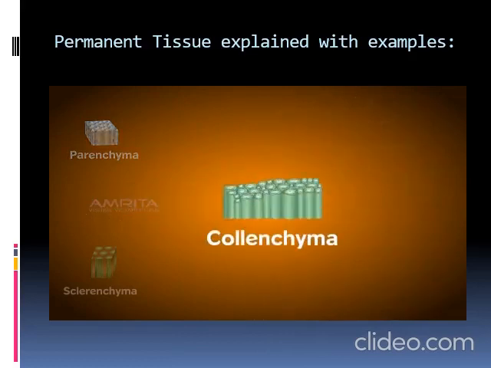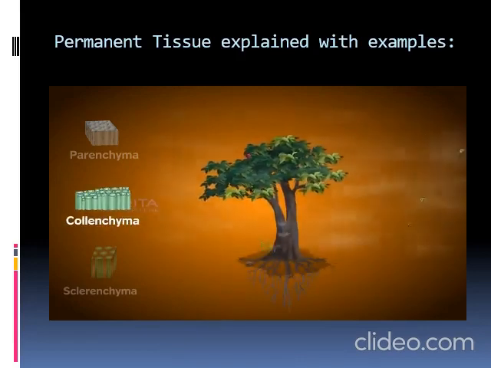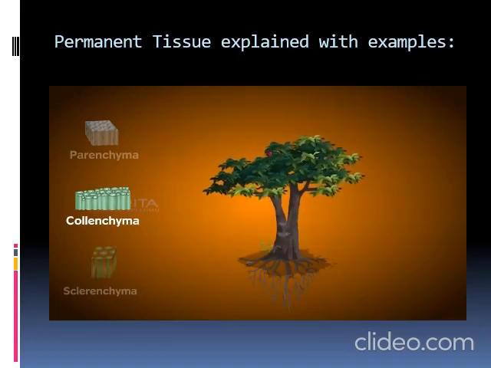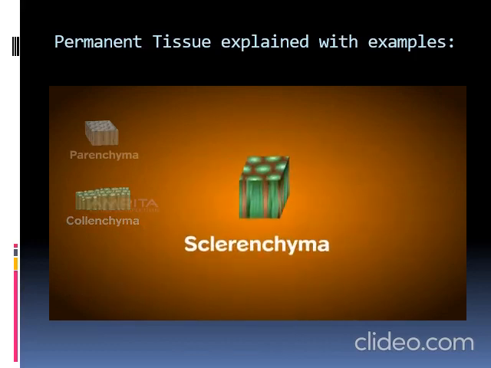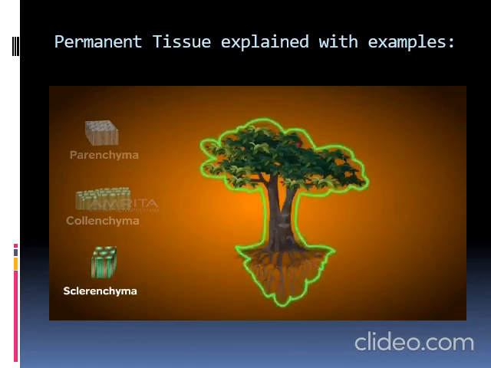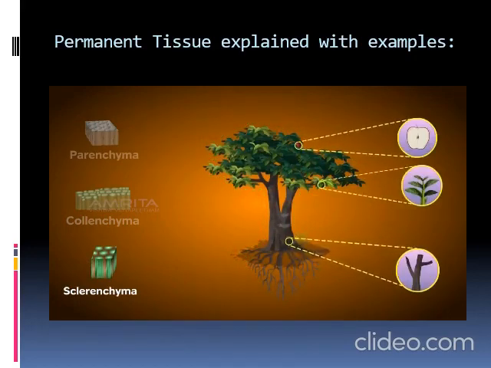The collenchyma tissues are composed of living, elongated cells. They provide elasticity, mechanical support, and tensile strength to the plant body. They are found mainly in the cortex of stems and leaves. The sclerenchyma tissues are dead cells having extremely thick cell walls containing lignin. They protect the plants. This tissue is present in stems, leaves, and in the hard covering of seeds and nuts.